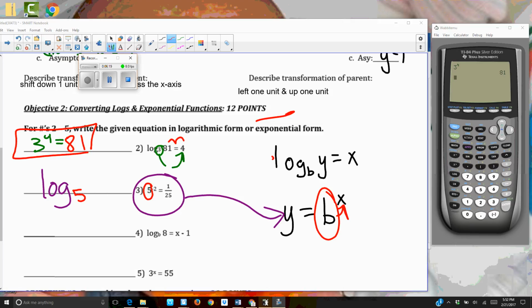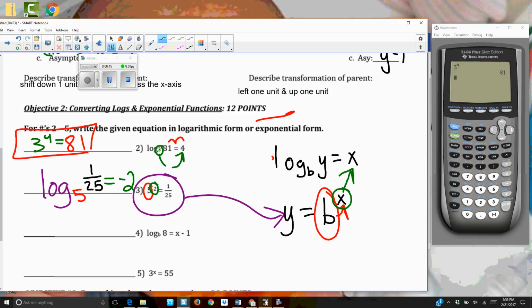And then the next thing is to check our exponent, our x. So our x in this problem is -2. Notice where it goes in logarithm form. It goes on the other side of the equal sign, so I'll put the -2 here. The only other number we have left in this problem is 1/25. So, process of elimination,